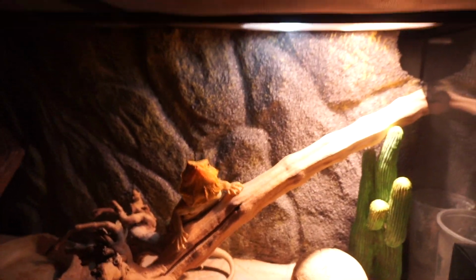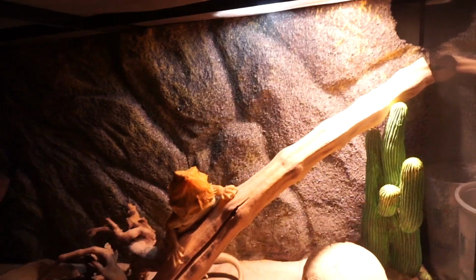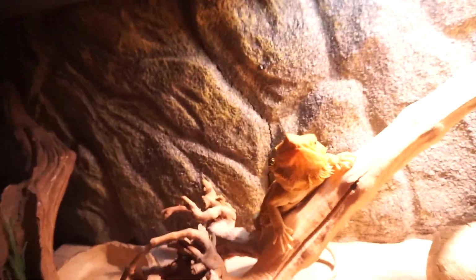Now, with that being said, the type of light bulb that I use happens to be the 10.0. They have the coil one, the one that's right on this one, but I'm starting to stay away from these and trying to get one that has a full range across the enclosure, sort of like this one right here. As you can see, it starts from here, goes here, and it has a really good range, even though this one is starting to die down, which also reminds me, you should be changing your UVBs every 4 to 6